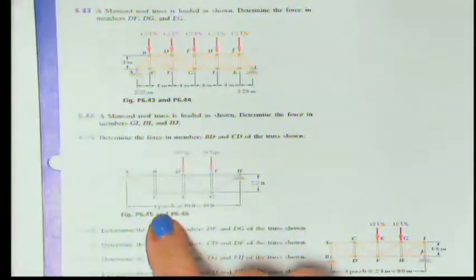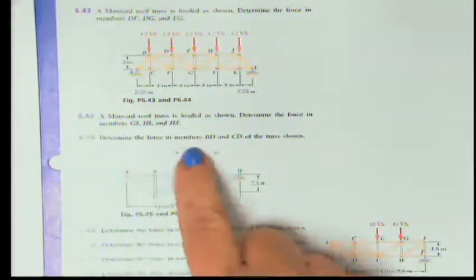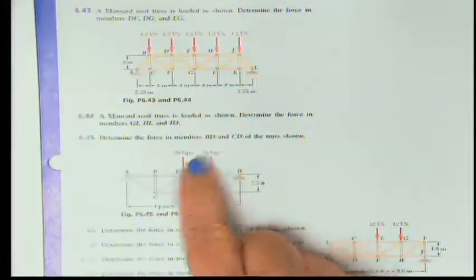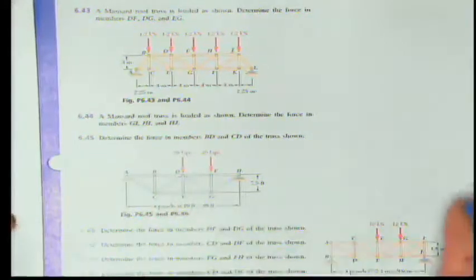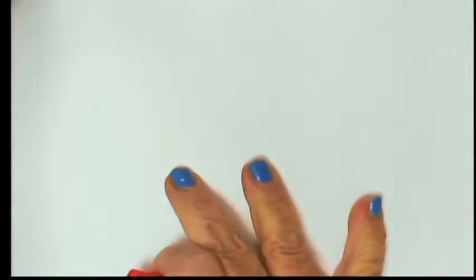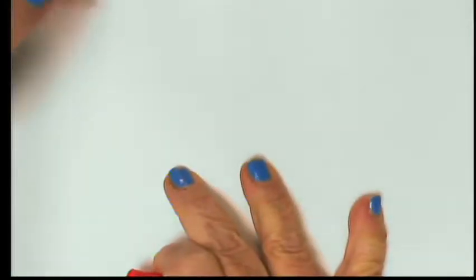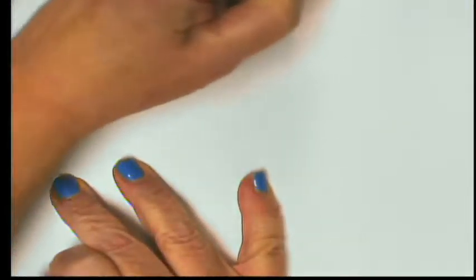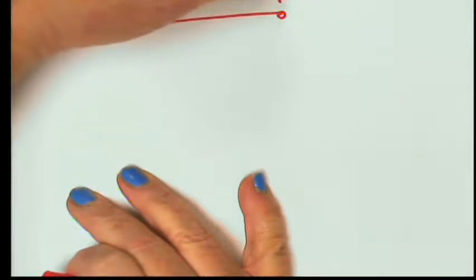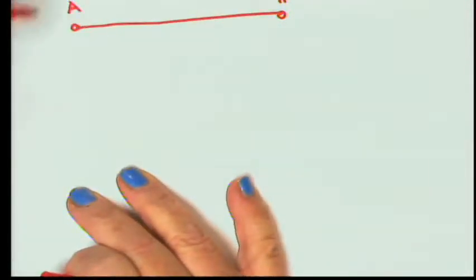And I'm going to start here with problem 645, and it says determine the force in members BD, which is right here, and CD of this truss shown. All right, so I'm going to go ahead and draw this to begin with. This is problem 645. And I have a connector here at A, and I have a connector here at H, and I have,